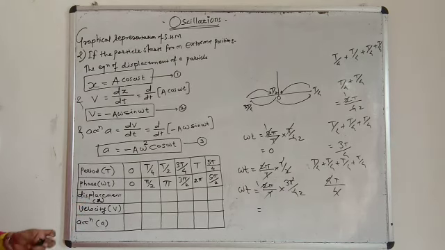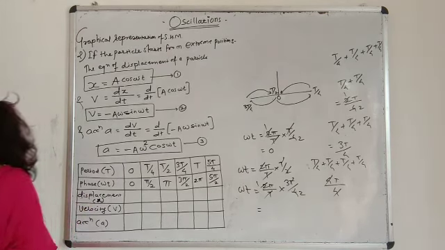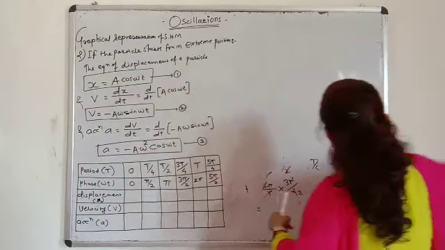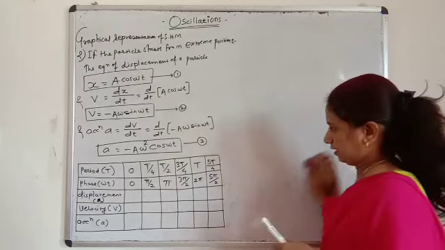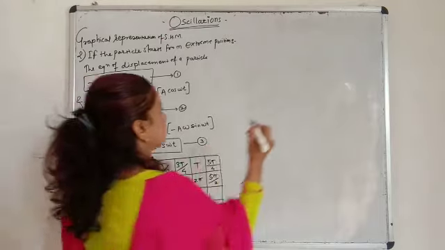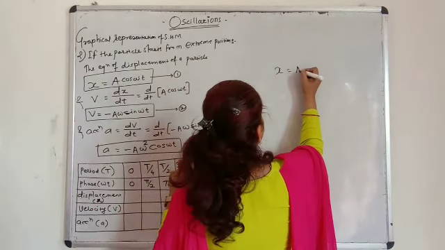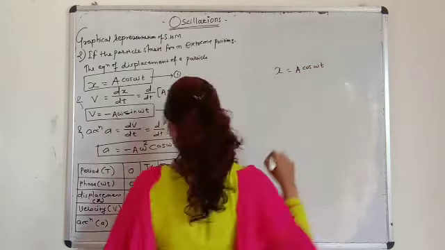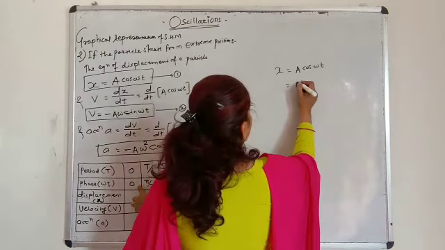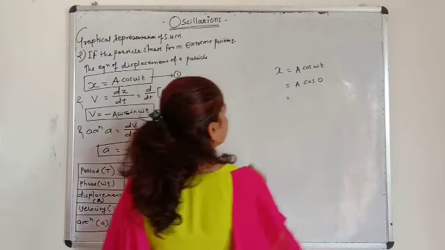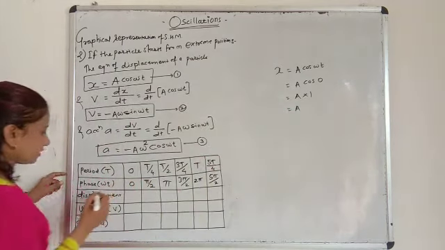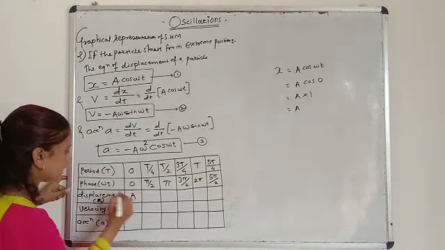Now we calculate the displacement, velocity and acceleration. First displacement is a cosine function here. The formula of that displacement is like that, a cos omega t. So first the phase angle cos omega t, that is 0. So a cos 0 here, cos 0 is 1 here, so this becomes a. So the first displacement is a here.